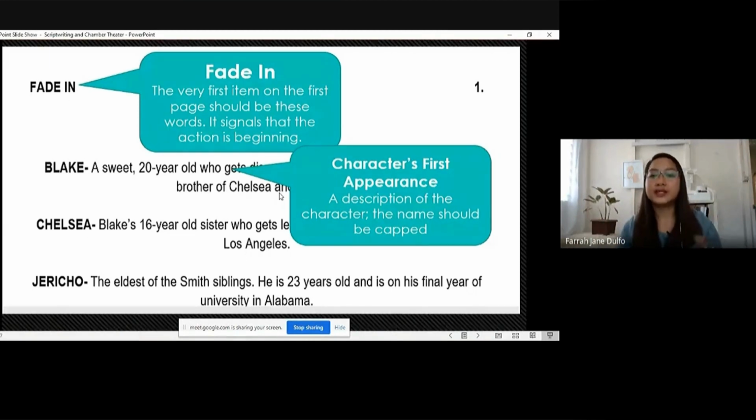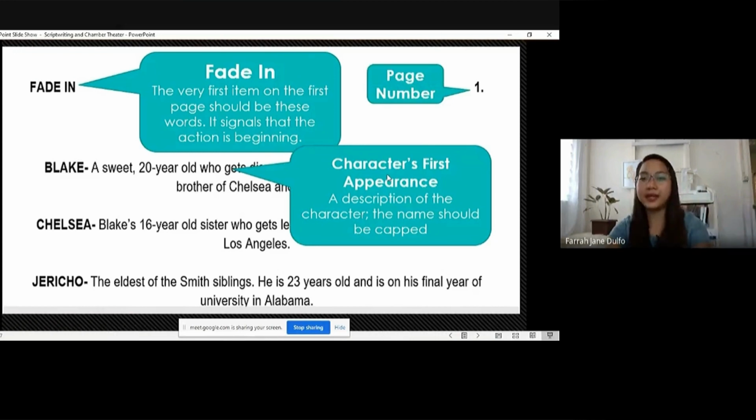For example, if Newell is performing as Blake, you need to have a good description of Blake so that you can portray the role of Blake. Okay, so if you are Ibarra, you need to place a description so that as an actor, you can already get to know your character and internalize and visualize that you are that character. The name should be all capped.